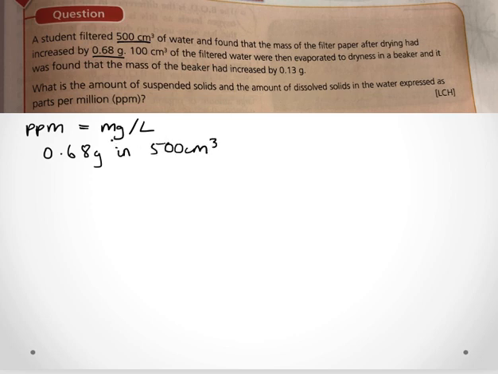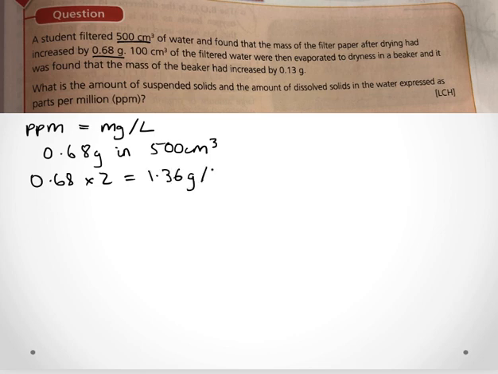Now we want to change that from grams in 500 to milligrams per litre. So to get from 500 to a litre, you just multiply your 0.68 by 2, and that will give you your grams per litre, which is